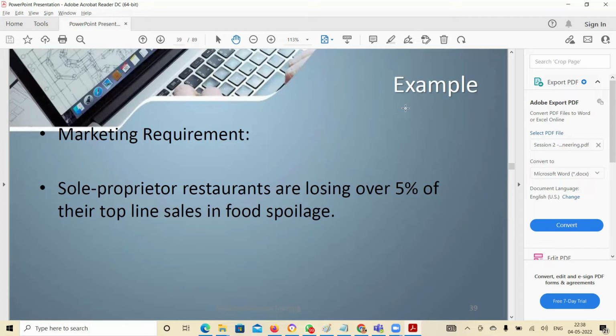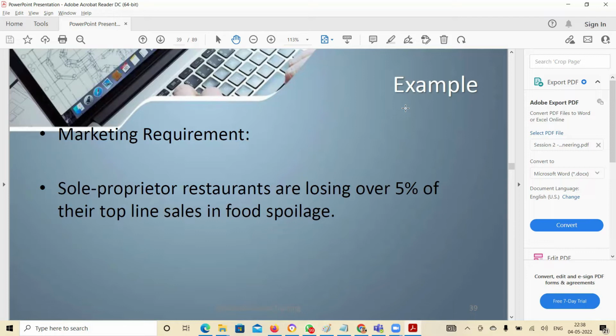So the marketing requirement or the business problem is that sole proprietor restaurants are losing over 5% of their top line sales in food spoilage. So let's say you are a restaurant and you figure out that you are losing 5% of your sales, not profit, sales. In restaurants, sales are much higher than the profit, isn't it?